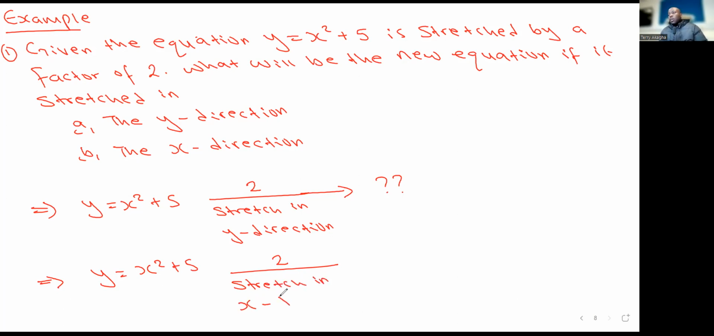Okay, we want to stretch this in the x direction. And the question now is, what will be the new equation? So let's start with the y direction, okay? So I'm going to start with the y direction. So what would that give you? So number 1, in the y direction,